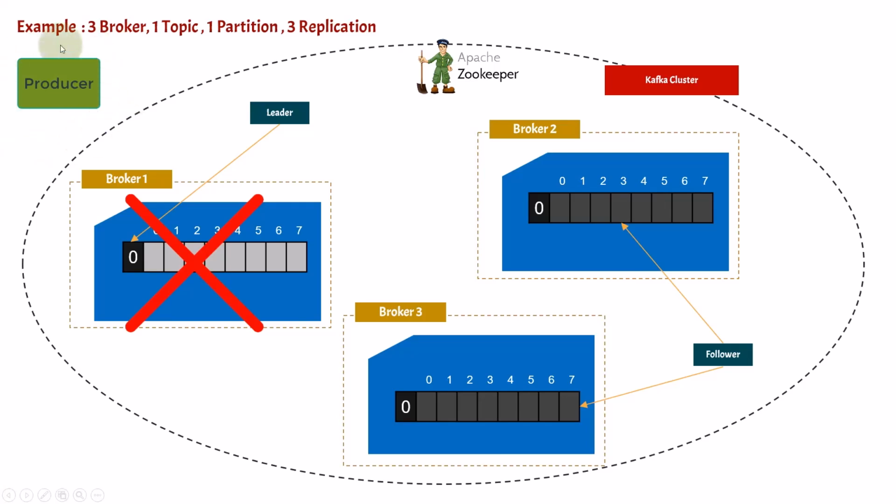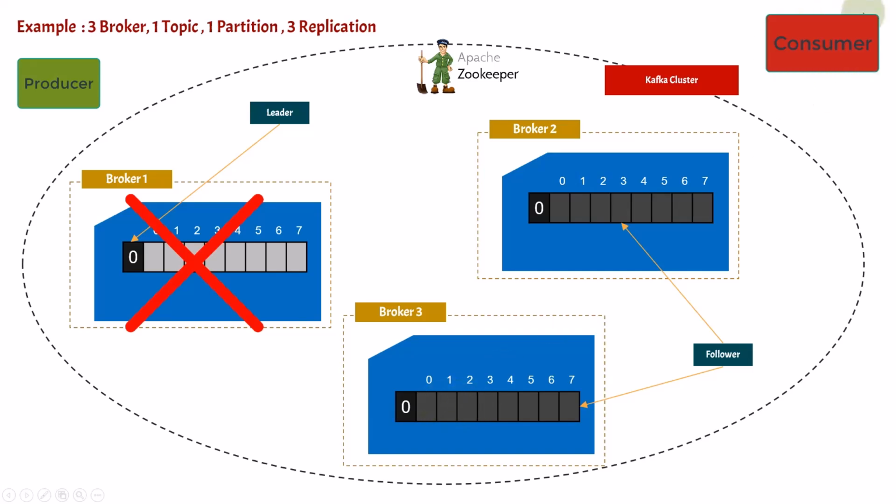Now what will the client or consumer do? First it was reading through broker 1 because the leader was present here. So let's say there is a consumer here reading from broker 1 and partition 0, and now suppose this particular broker 1 goes off. Zookeeper will automatically detect that the leader which was present on broker 1 has gone down, so it will make a leader out of these 2. Based on some election algorithm, either of these partitions can become the leader.